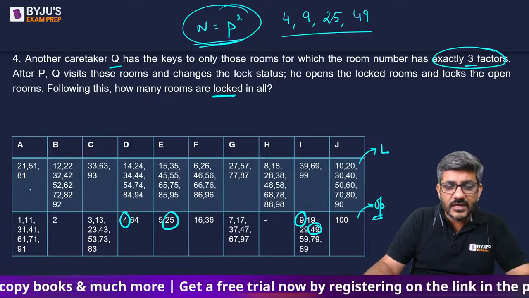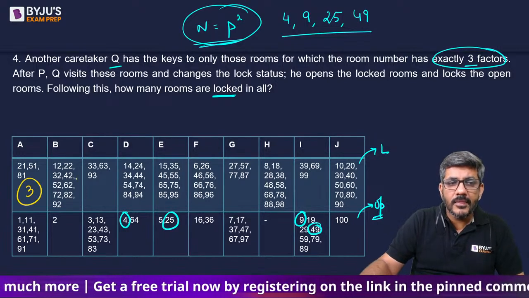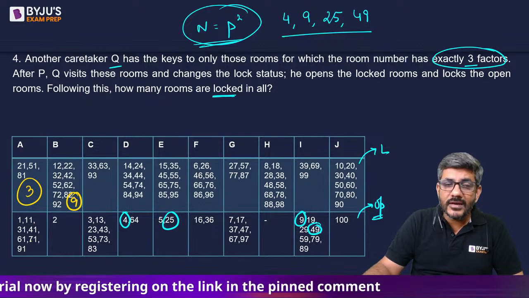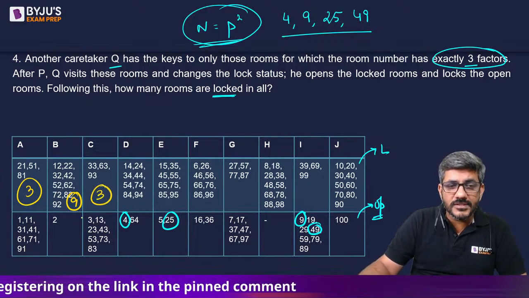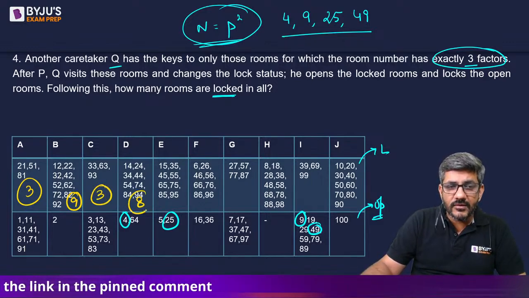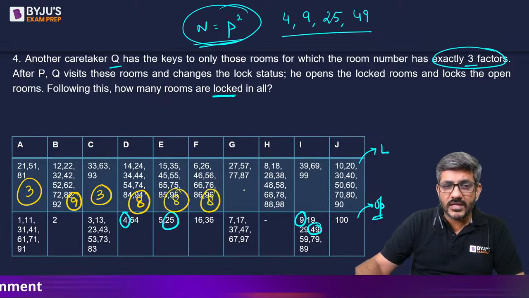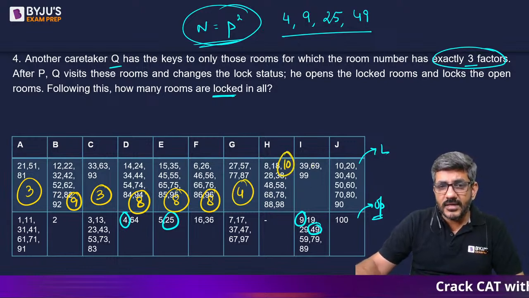Here I have 3 rooms which are locked. Here I have basically 9 rooms. 10 में से माइनस कर देता हूं 2 को, तो 9 आ जाएगा. Here I have 3 rooms which are locked. 10 minus 2, 8 rooms are locked. 10 minus 6, 4 rooms are locked. 10 minus nothing is 10 rooms are locked. 10 minus 3,